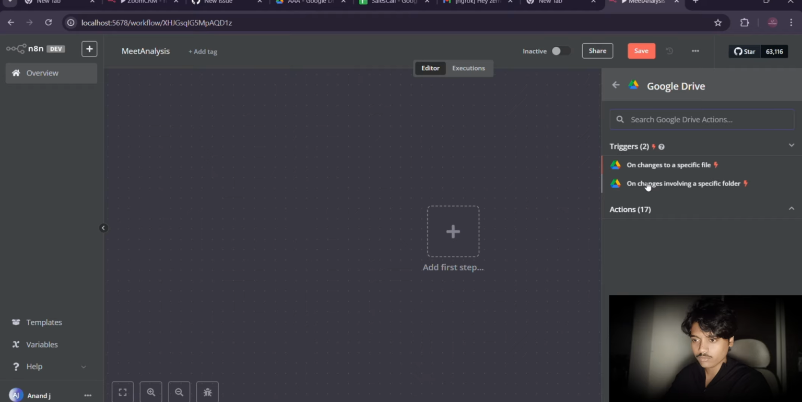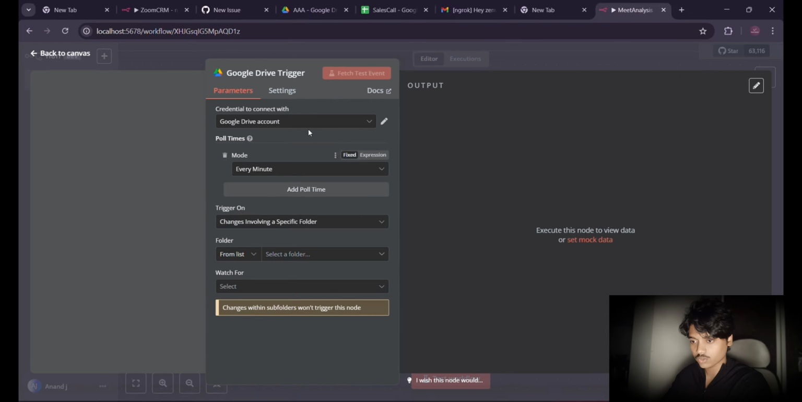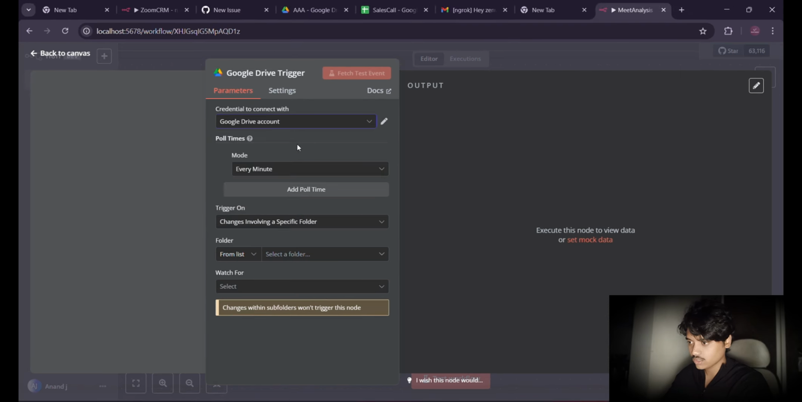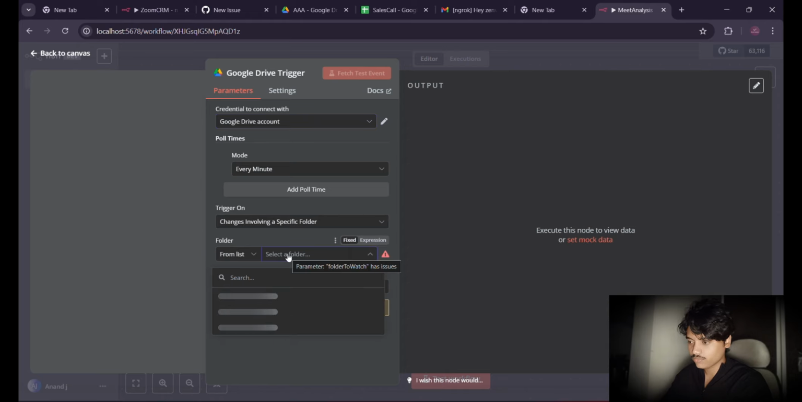In the Google Drive, we will be looking at the changes involving our specific folder. So I have created a folder. Firstly, set your credentials. So I am setting my credentials. Here is the poll time. Here we have selected every minute, so it will check every minute for a new file in that particular folder. That means if any changes happen in that specific folder,